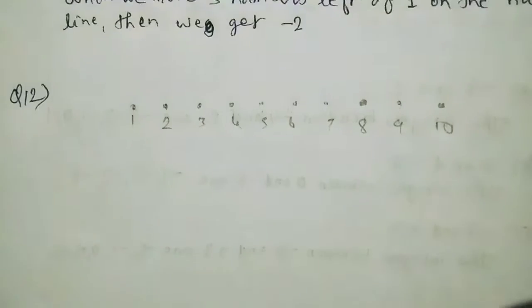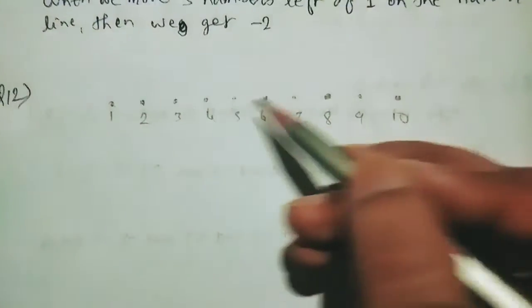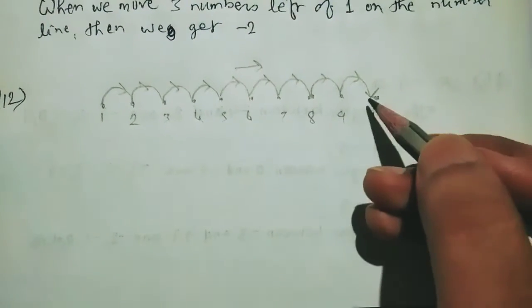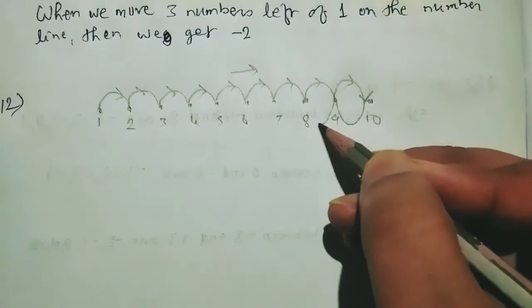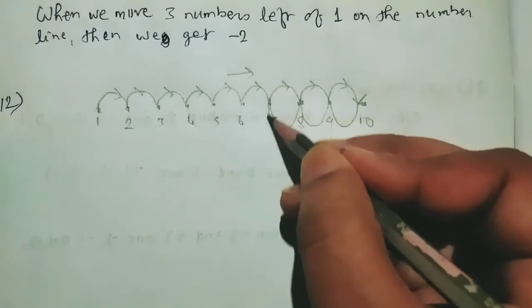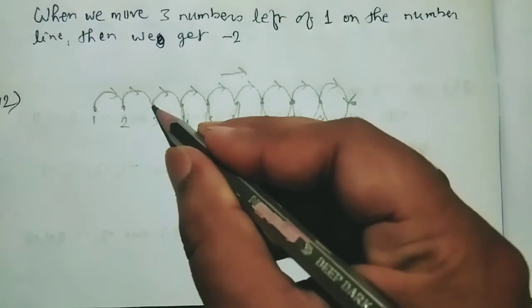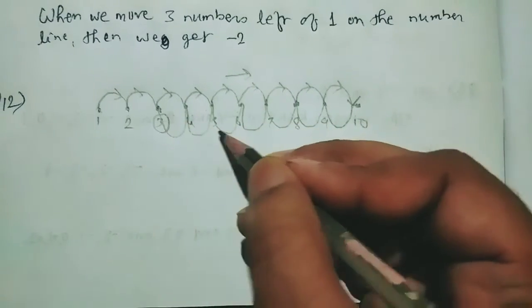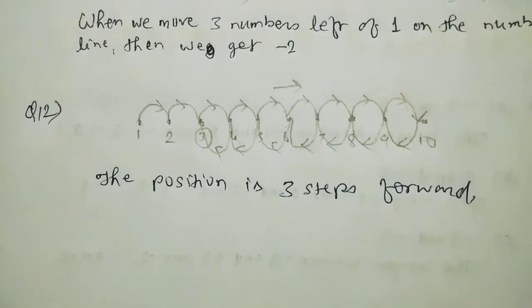Okay. Students, here see, I have made the 10 steps. So if you are going 10 steps forward from here, in this way you are going this side 10 steps forward. Again, if you come 7 steps backward, that means in this way 1, 2, 3, 4, 5, 6 and 7. Where are you reaching? You are reaching step number 3. So this is your answer. Okay. So the position is 3 steps forward. So here you will reach.